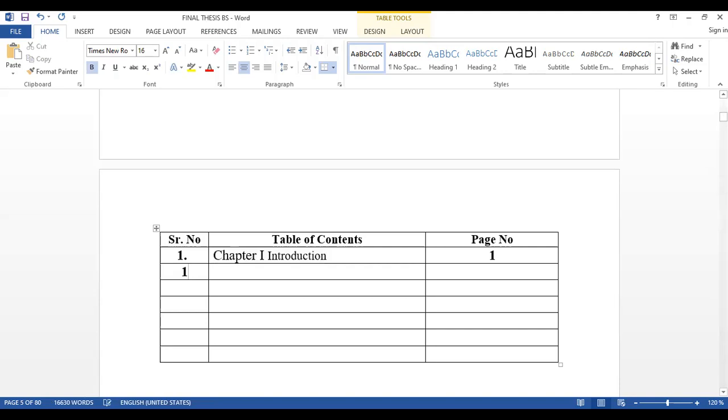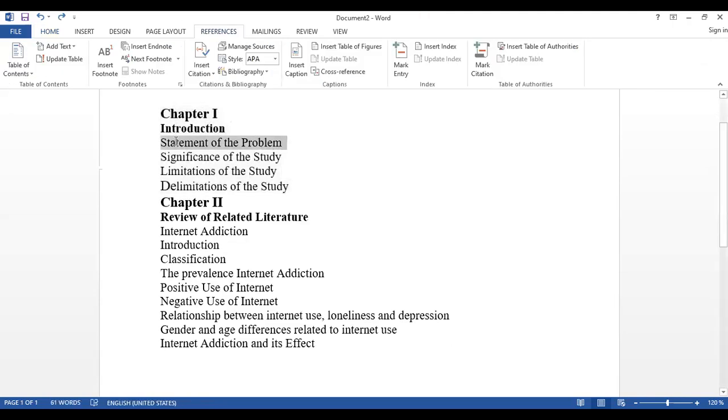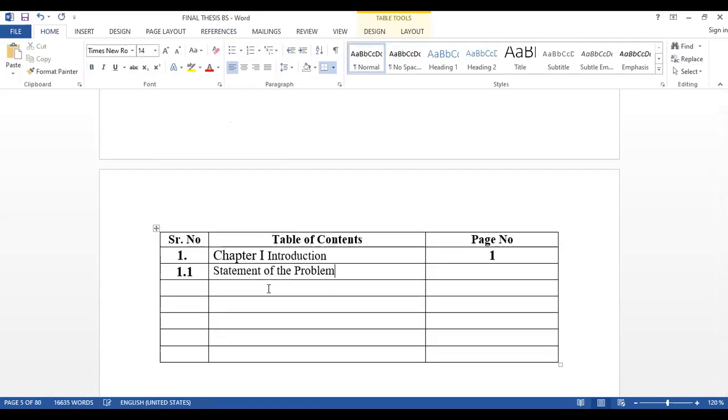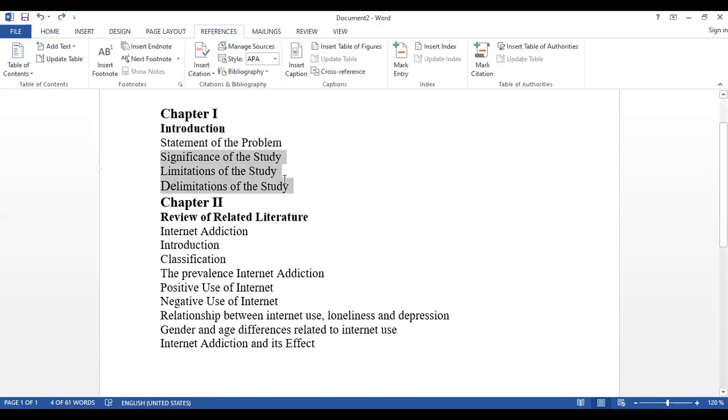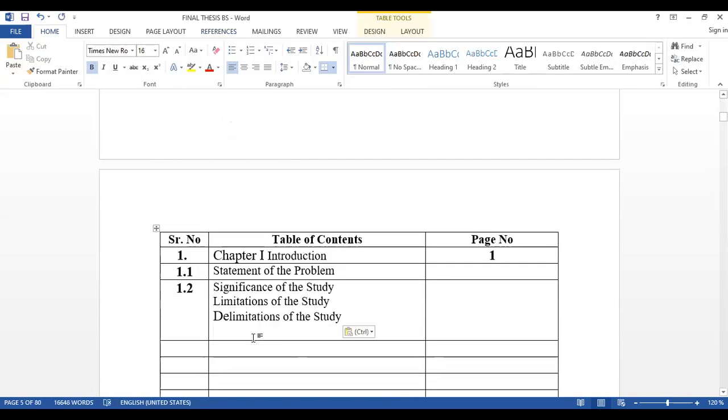You do the same for 1.1, the next heading. Select the next heading, statement of the problem, copy and paste it here. Statement of problem, that way 1.2. The second heading is about significance and delimitation, select, copy and paste it here.